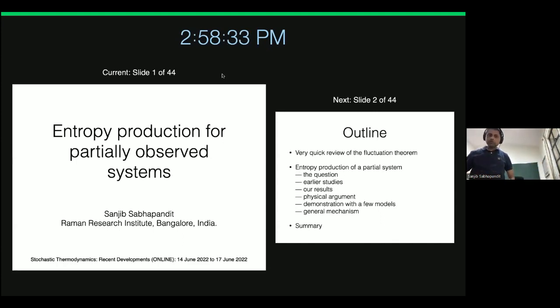Okay. So what I'm going to talk about is basically entropy production of a system which is not a full system, but you just observe this entropy production for a part of a system. Okay. So as the talk suggests